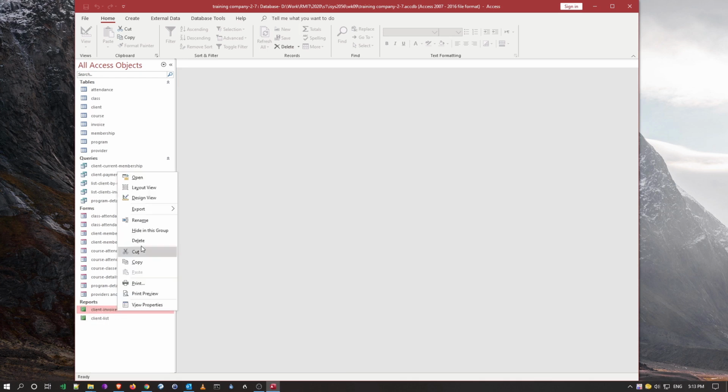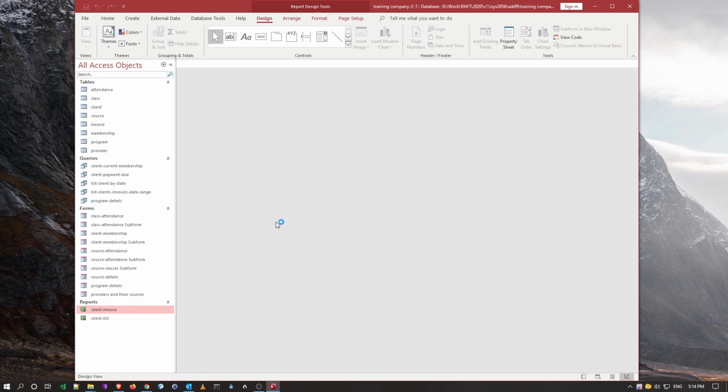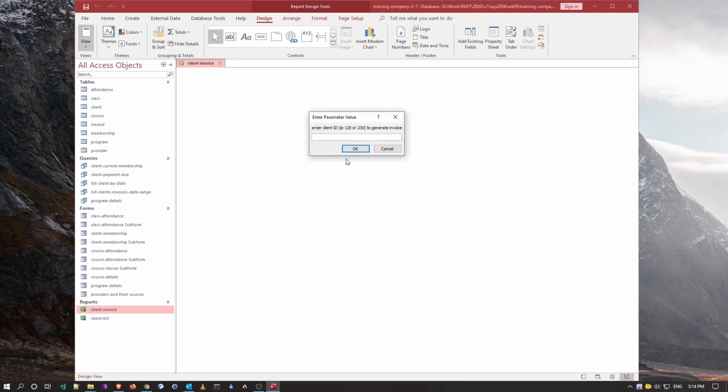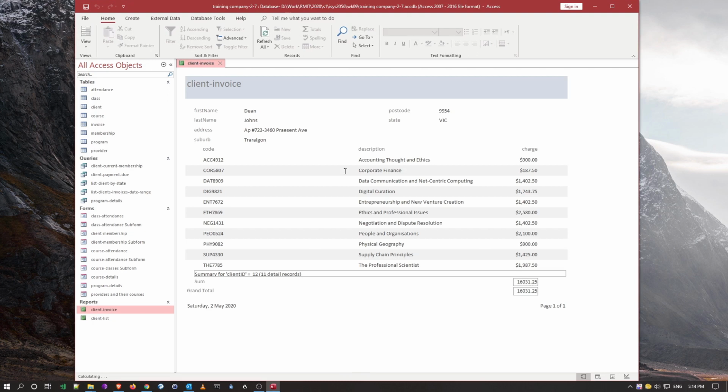So I can just right click on there and go into design view or layout view, or let's just go directly to it. Now, here is my form. Now, the point of interest was that I can pick these sum values, like I showed you in the last report, or if we just run this, we go 12, you notice these guys do not have dollar figures on them, right? So if I go back into design view,